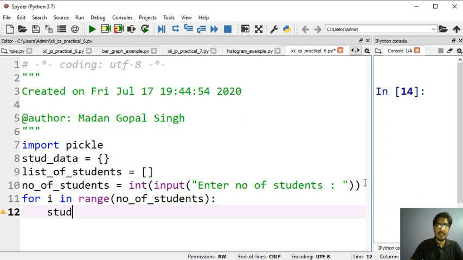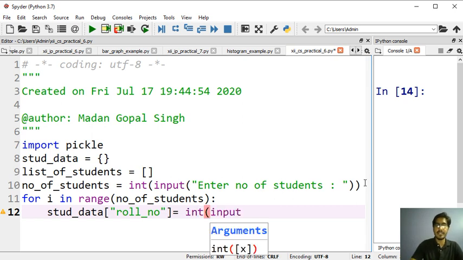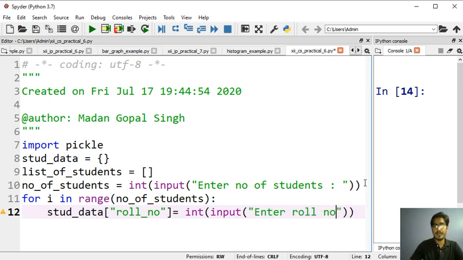I will hold the data in a dictionary, let's suppose roll number. This key you should remember. Then input, the roll number will be an integer: enter roll number. Okay, this is how I am taking the roll number.